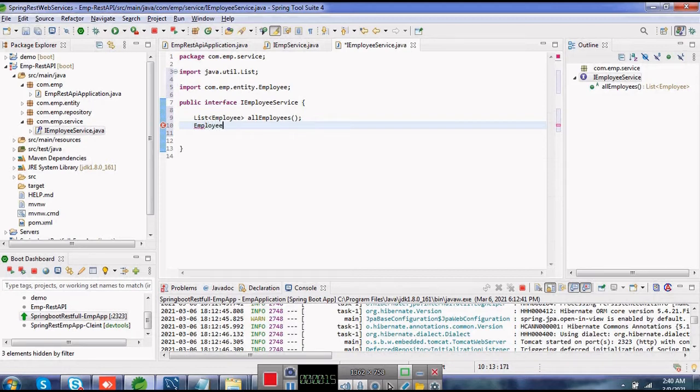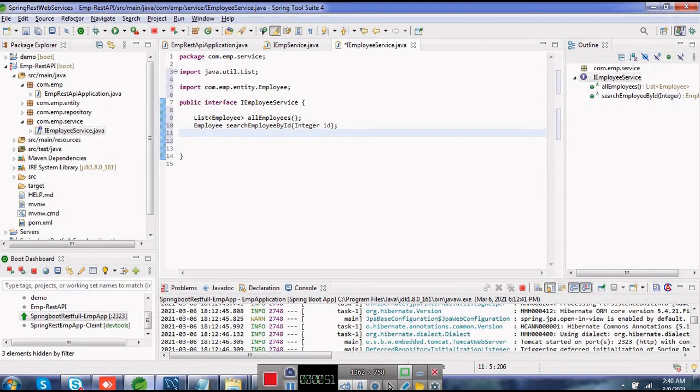The return type would be Employee, and the method name I'm going to give is employee by ID, and I'm going to pass an integer ID, which is of type integer.